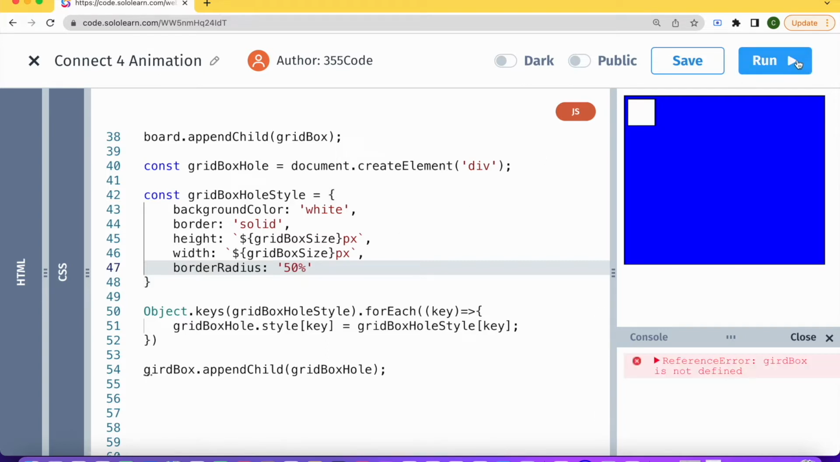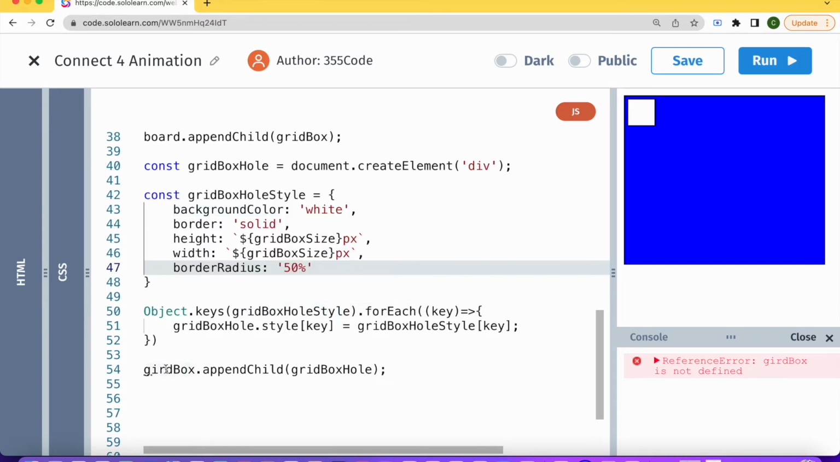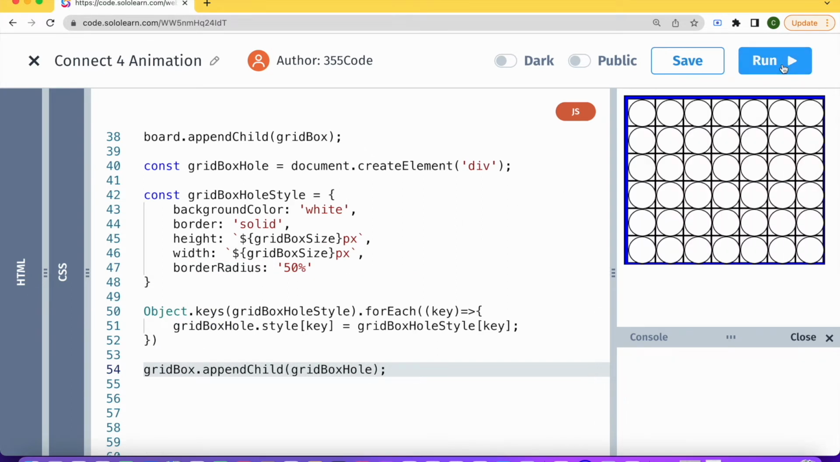Let's try running our code again. Grid box is not defined. Where did I? Dun, dun, dun. So this will be grid box. Okay, run again. And you can see that we have holes now within each of our